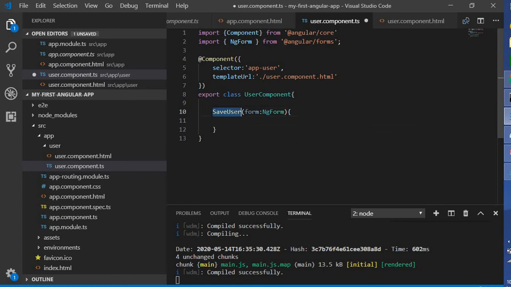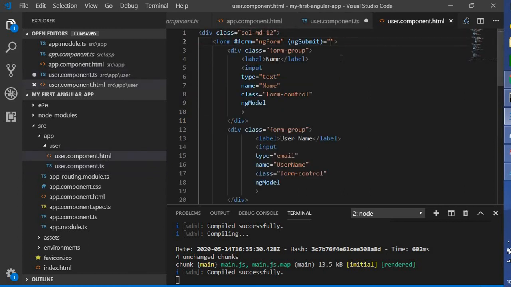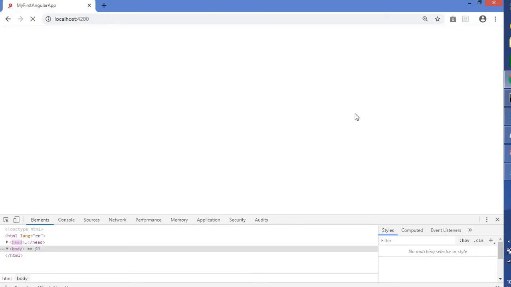It's saveUser, right? Copy this and paste it. This method is expecting a parameter that should be of type ngForm, so we have to pass our local reference as the parameter here. Just pass it. Okay, let's go to our application.